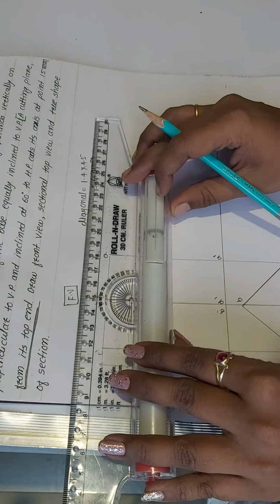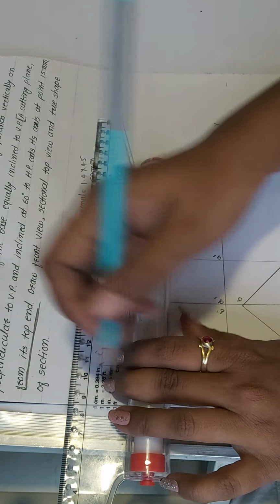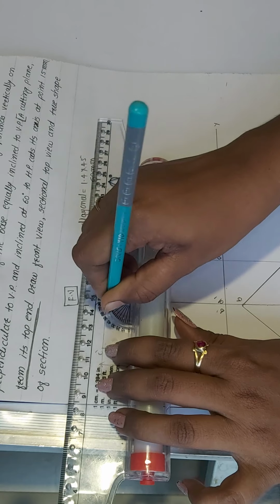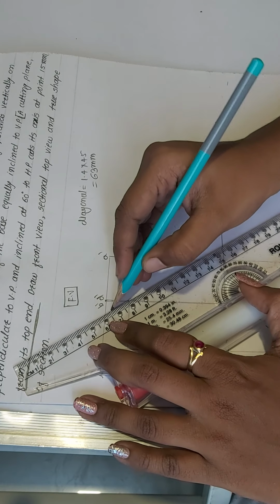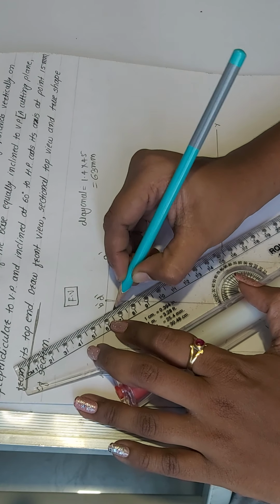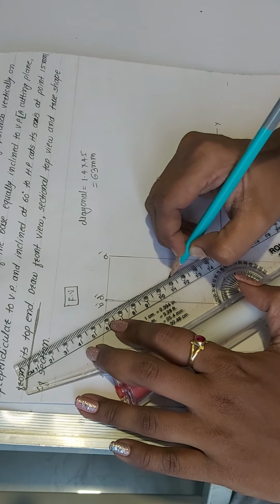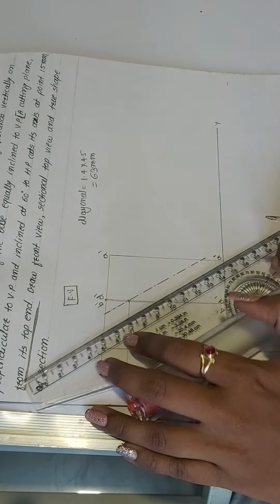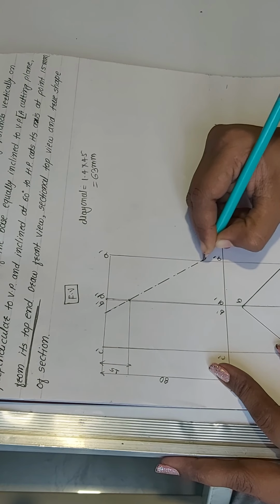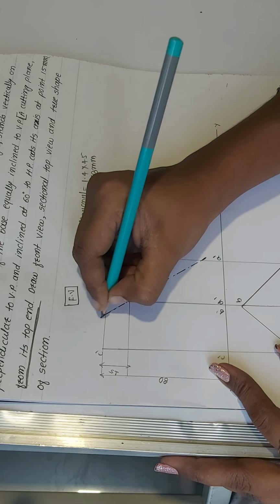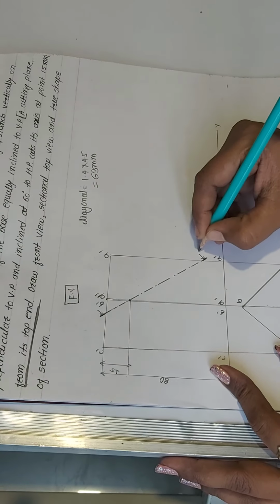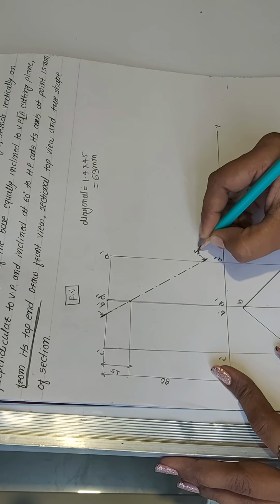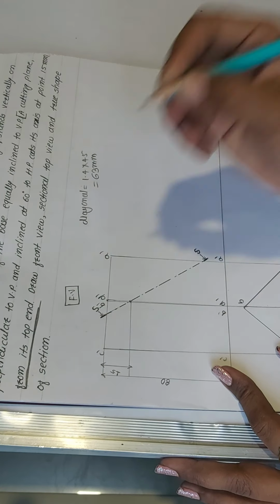Next, here you have to put your angle protector and take a 60 degree angle from any one side. I am taking it from the left hand side. So here is the 60 degree angle. I join this point with the center and represent that line as a section line, because we are taking a section. At last, that line has to be made thick. As usual, this is the section line, so I represent it by the alphabet S.